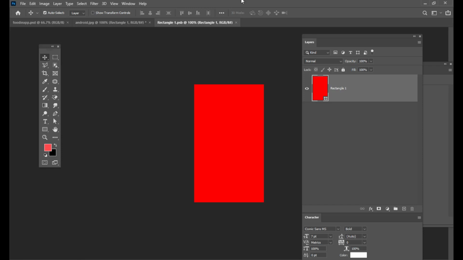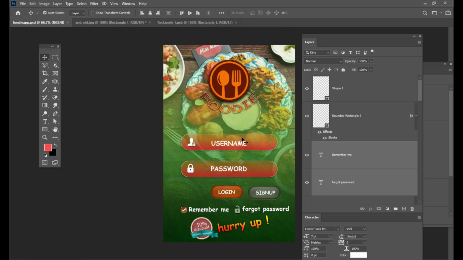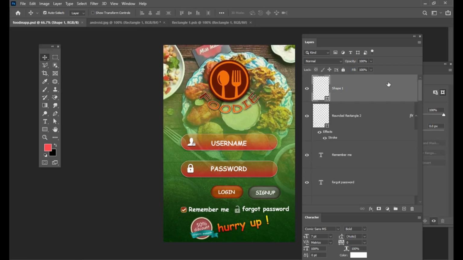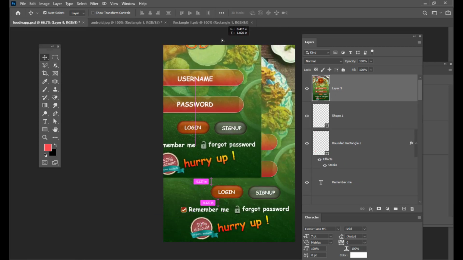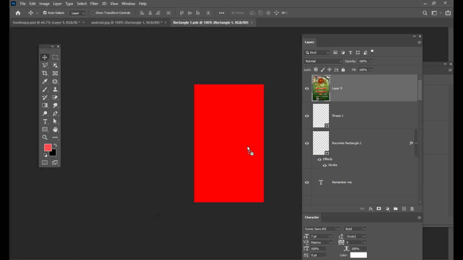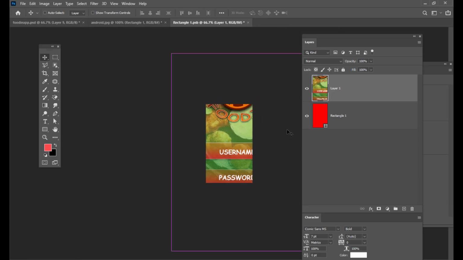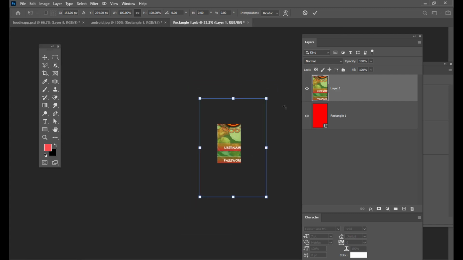I have already designed a food related mobile app. I'm going to take a common layer, drag it and drop it over this rectangle which is inside the smart object.